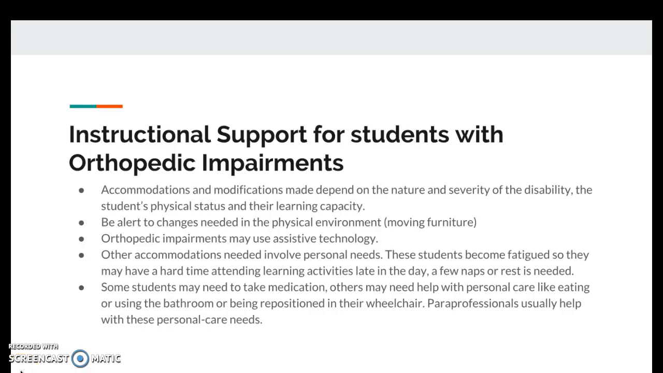Changes like how the furniture is arranged or where we put them sitting in the class need to be considered. Some other things that we can be aware of is that some of these students use assistive technology. So having those in the classroom and being aware of how to use those. And then some other accommodations that may be needed